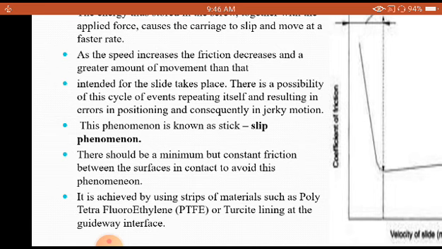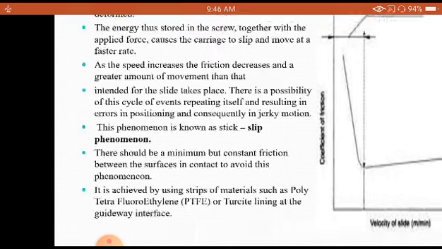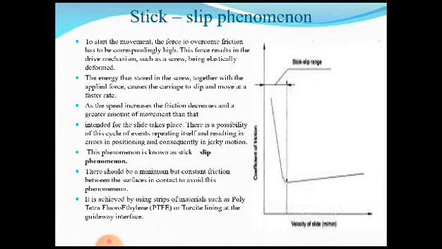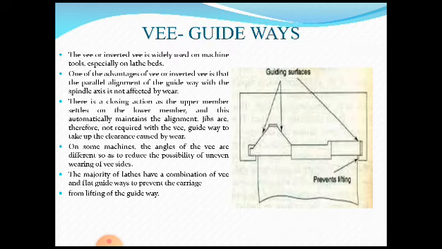So that material coating is called PTFE, polytetrafluoroethylene. It is a type of material which is pasted on, like a plastic coat. So what can this provide? A very low coefficient of friction. So irrespective of the velocity of the slide, the movement takes place very smoothly without much friction.